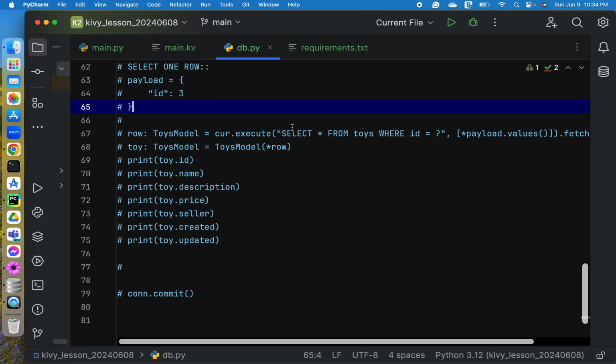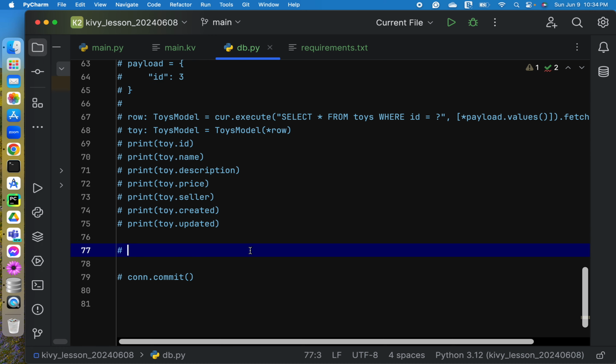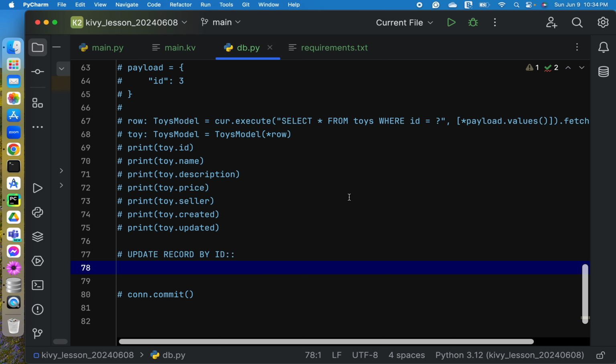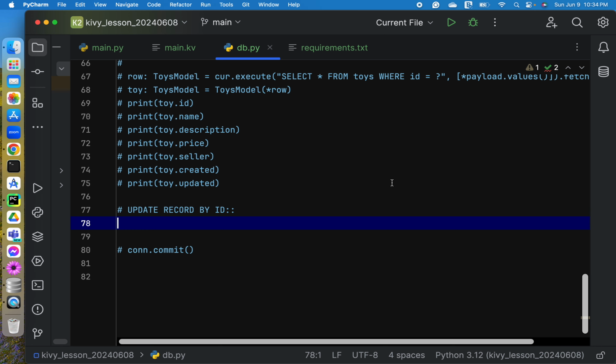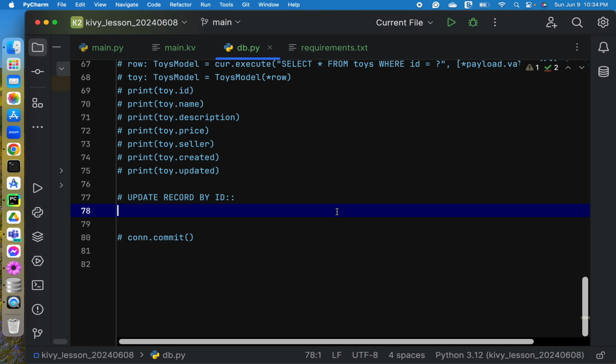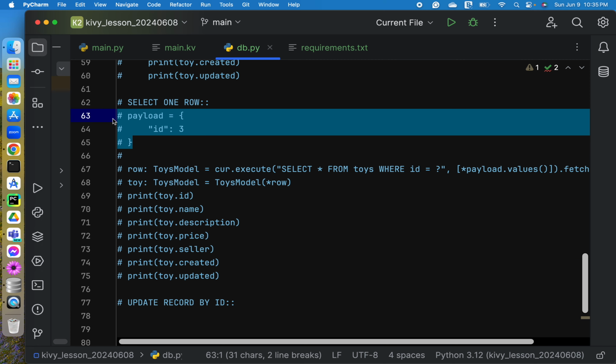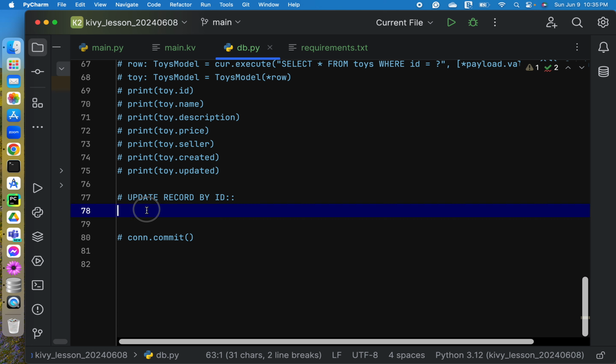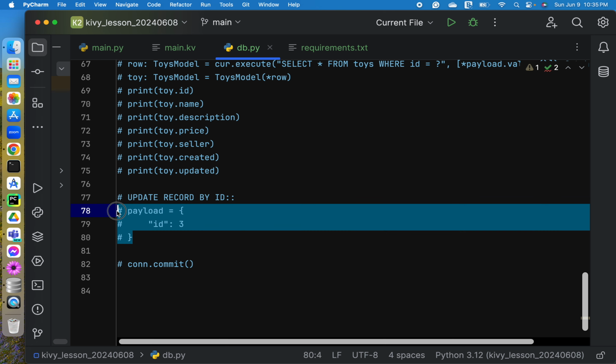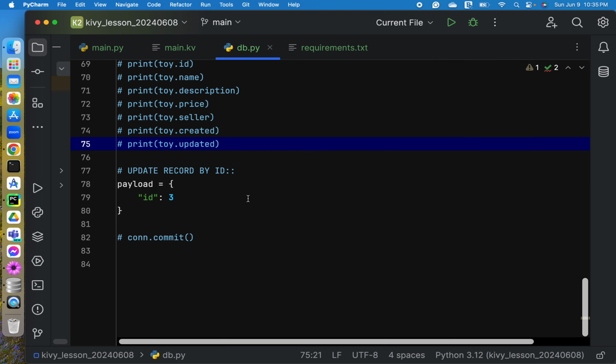Let's put this aside, and then in order to update a record, we need to have at least an ID or an index. And we'll just copy the payload from before because we need a payload.